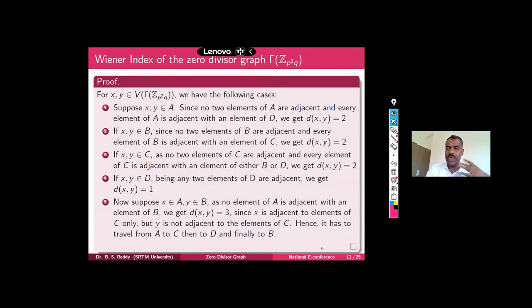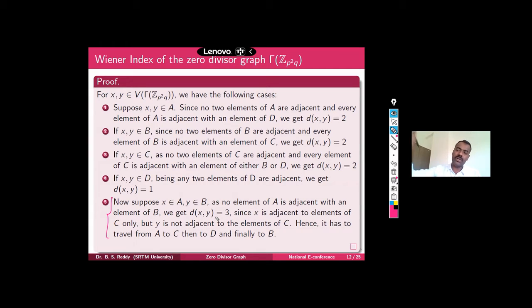One case we missed when we were working initially is this one. Again, thanks to Joshi sir, he pointed it out when we sent it for reference. So here there are 2. When we initially calculated, we thought the distance is 2 or 1. Okay, so we forgot one case where the distance is 3. That case is: if X is in A and Y is in B, then the distance between X, Y you will get as 3.